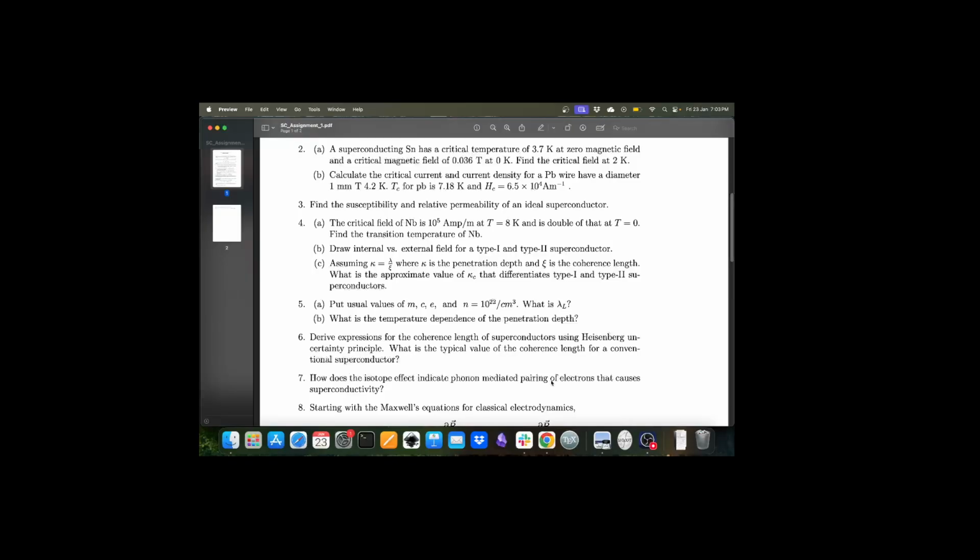So Jc. Again, this is for lead, Pb, and given that diameter is 1 millimeter, temperature is 4.2 Kelvin,